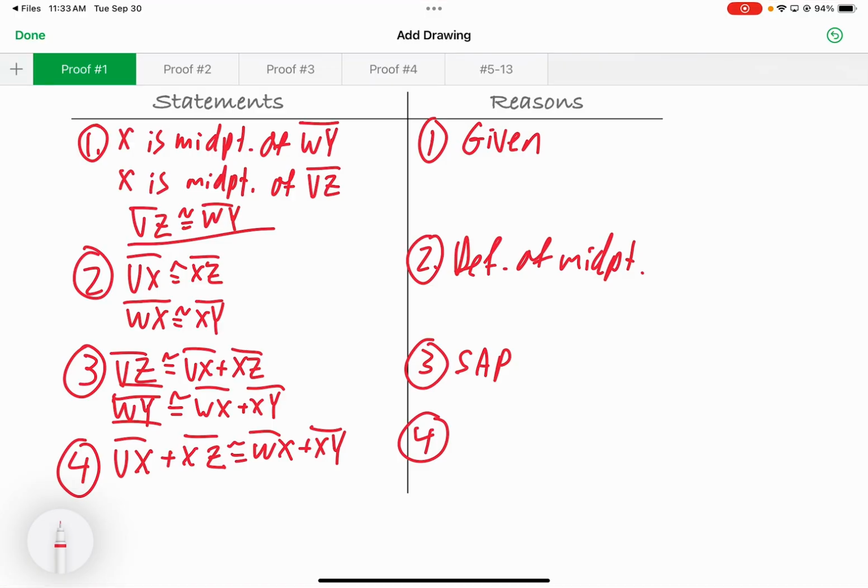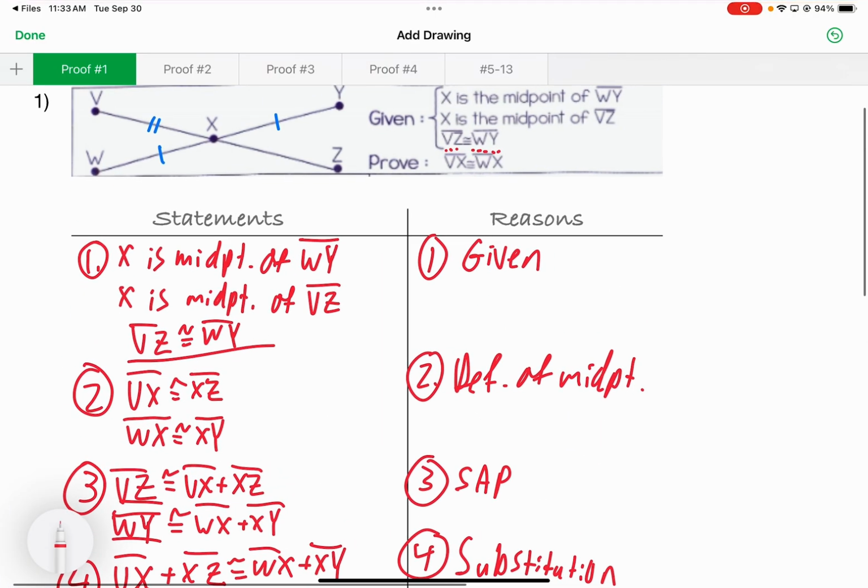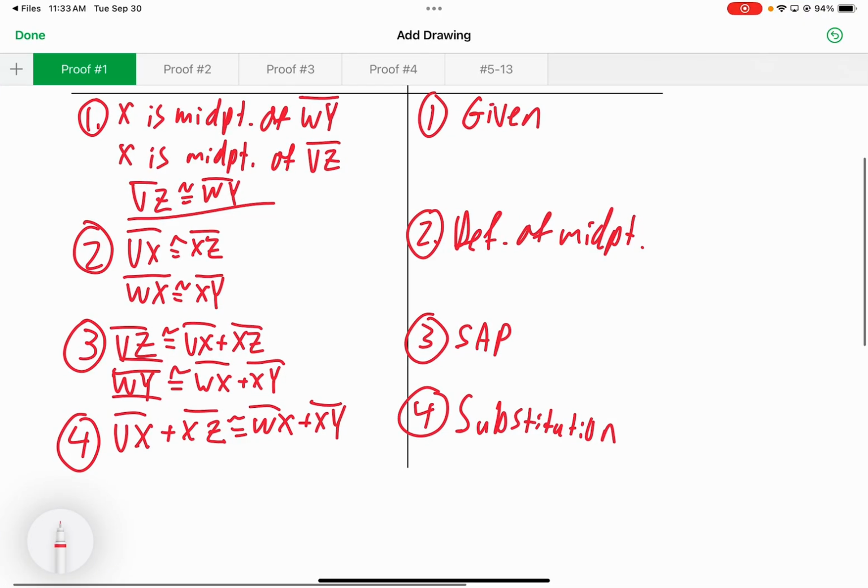All right, so then what's the reason for that? Carter said substitution, right? That's what Oliver set us up with there. Okay, but now we're going to do what Carter said. Because Carter, you said that all those little pieces are equal, right? So let's substitute the little pieces in for each other. So instead of writing Vx, I'm going to write, what do I want to end up with? I want Vx and Wx, right? Okay, so instead of writing xz, I'm going to write